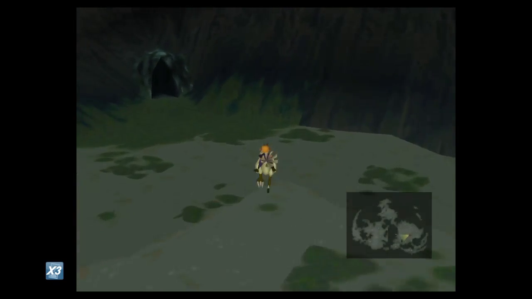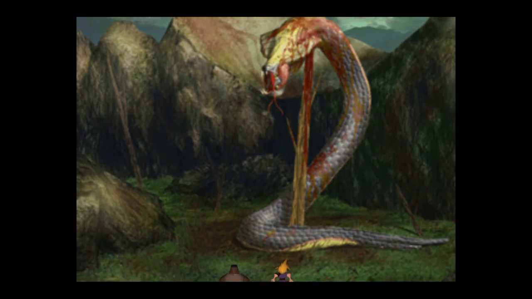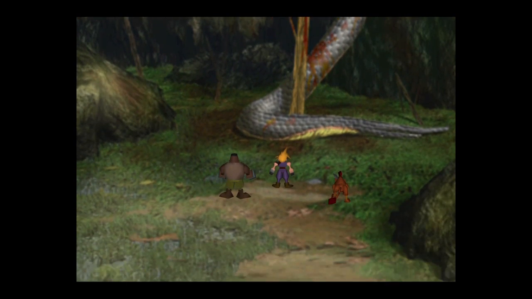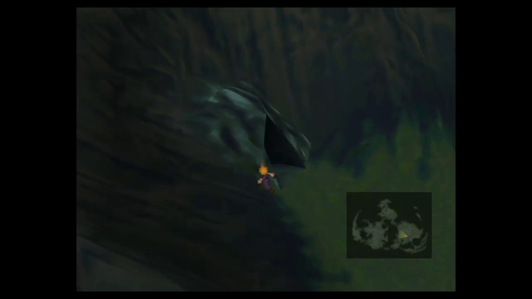Here we go, straight across the marsh. And there's the Midgar Zolom there waiting to attack me. And there is one of them there. Alright, well, Sephiroth managed to kill a massive Midgar Zolom. Right, let's jump off for now. Now we're going through